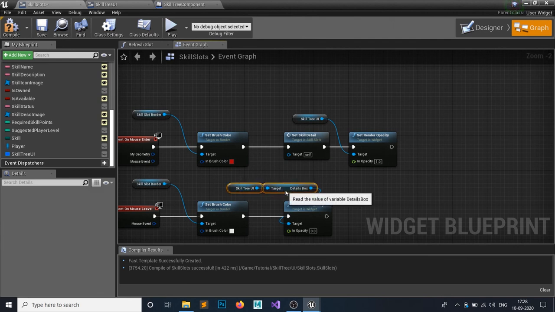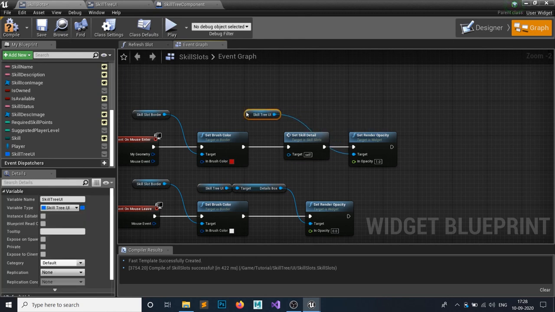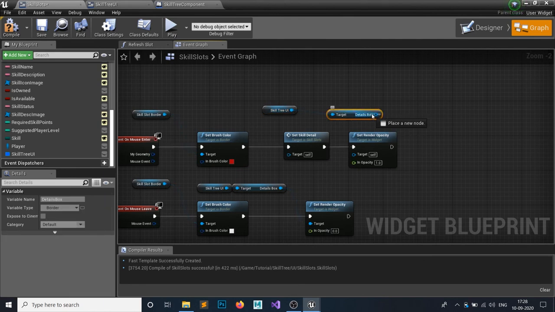Pardon, I am making so many mistakes, but this is how we learn, I think. Right? Get the detail box and attach it to this target. I have just undone things, the things are deleted.